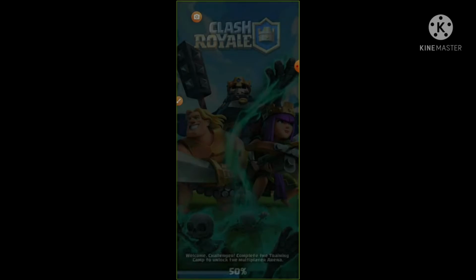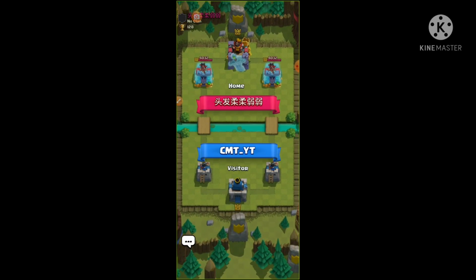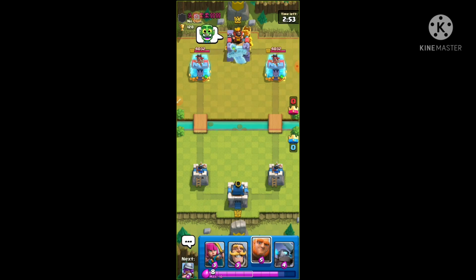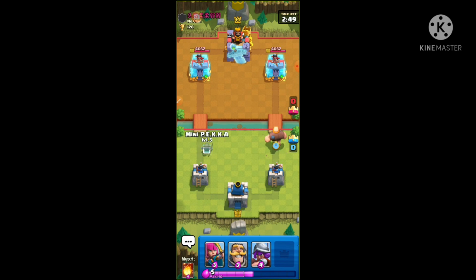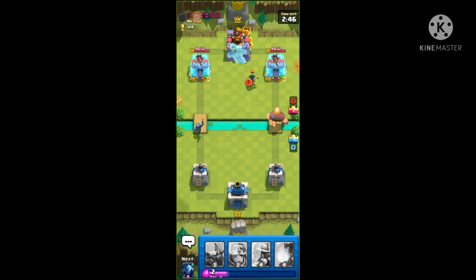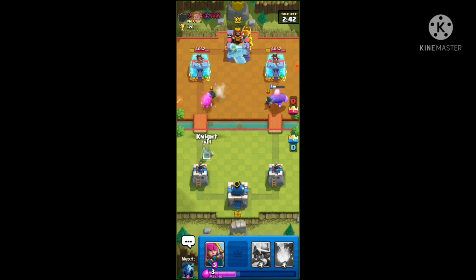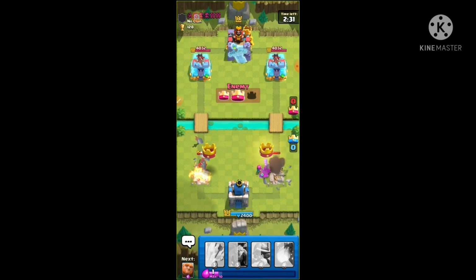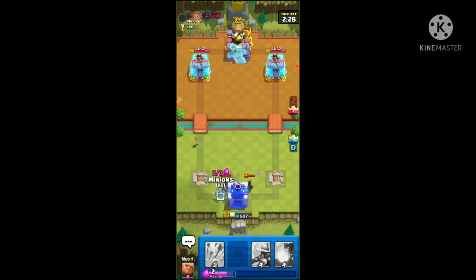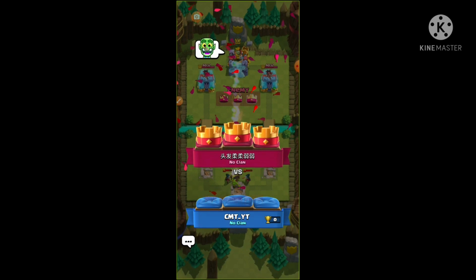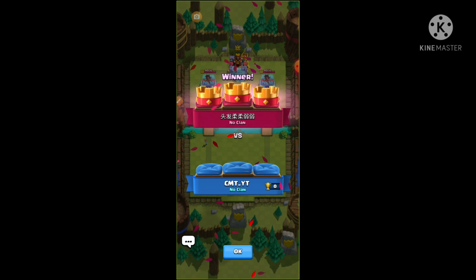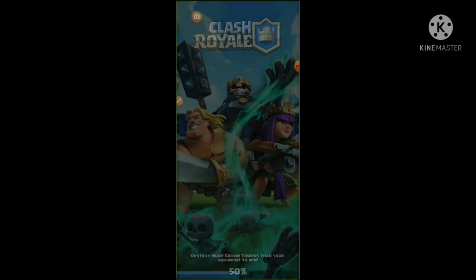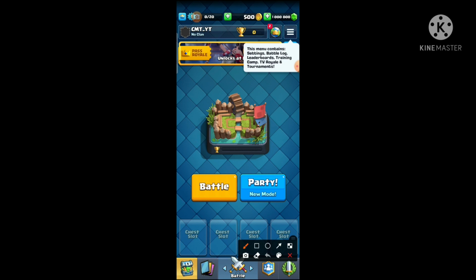Our gems are unlimited and our coins are not gone.